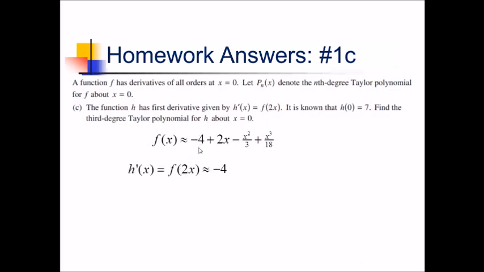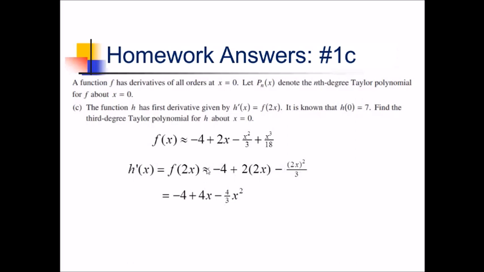So that gives me negative 4 plus, this is 2 times 2x, minus, this is going to be 2x, the whole thing squared over 3. And then I'm going to simplify this because I'm going to need to integrate it down the line here. So this is negative 4 plus 4x, and this is going to be minus, let's see, this is 4/3 x squared. All right, so now to get h itself, because this was just an approximation of h prime,